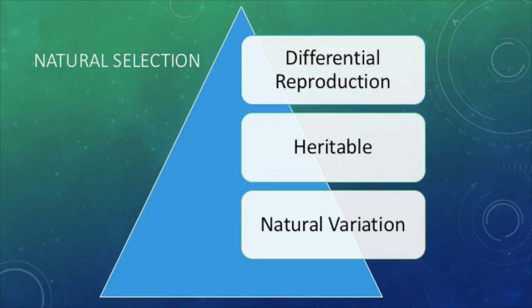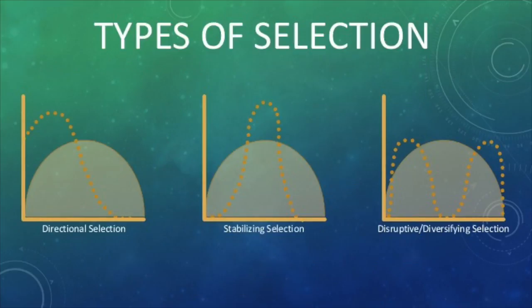Last, the influx of said trait must lead to differential reproduction. This means that the trait leads to a higher rate of reproduction in organisms that possess it. Over many generations, we would expect to see an influx in the successful gene as the organisms with the gene reproduce at a higher rate than those without it. If a trait obtained by a genetic mutation is specifically selected for by the environment, then it is said to have undergone microevolution. There are three types of natural selection: stabilizing, directional, and diversifying or disruptive.